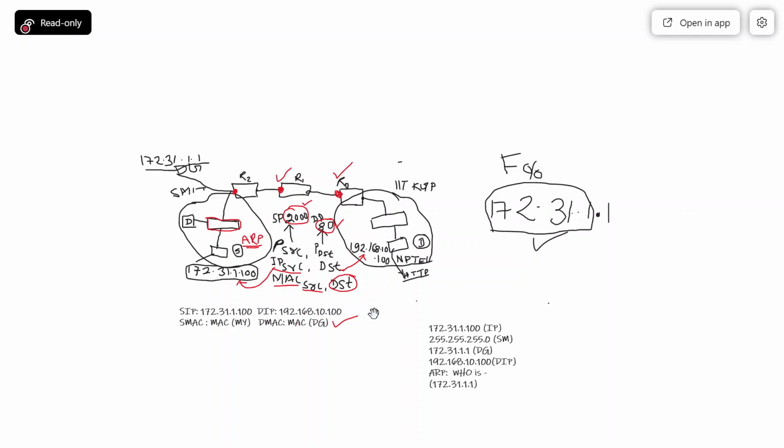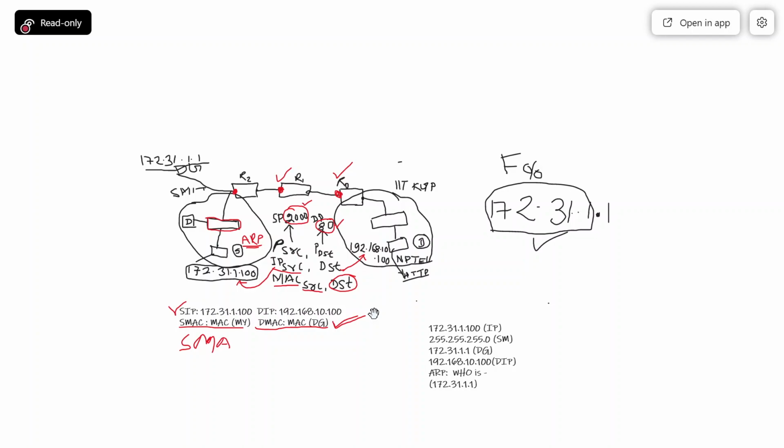Now I'm just telling you that if your packet is transferred from this computer, this will again keep the source MAC, but again router 2 will frame a packet, then this source MAC address will be the address of router 2. That means the MAC address will always keep changing. These two addresses, source MAC and destination MAC, will always be changing, but what is going to remain the same is this. You will ask, sir, if router 2 sends, what will the source MAC be? So router 2 will send the packet, then the MAC address will be what?